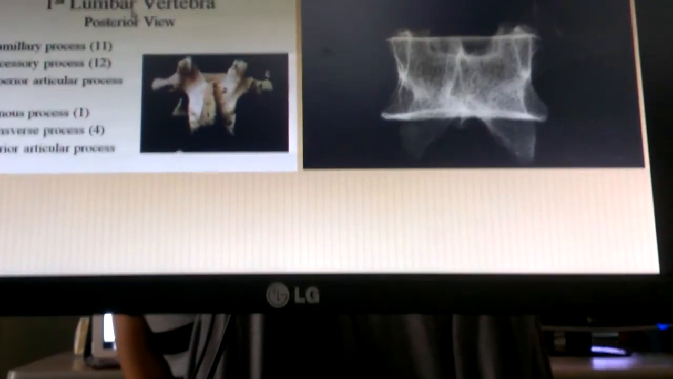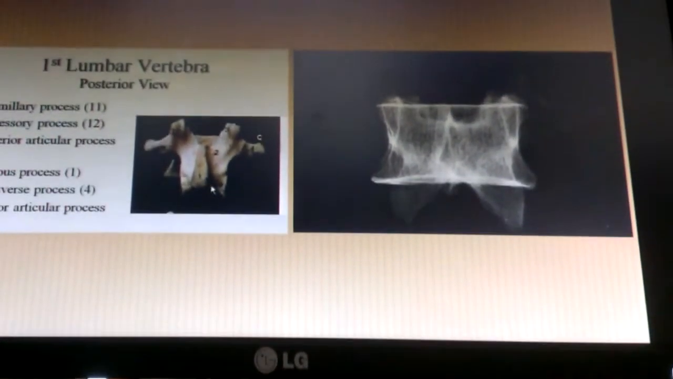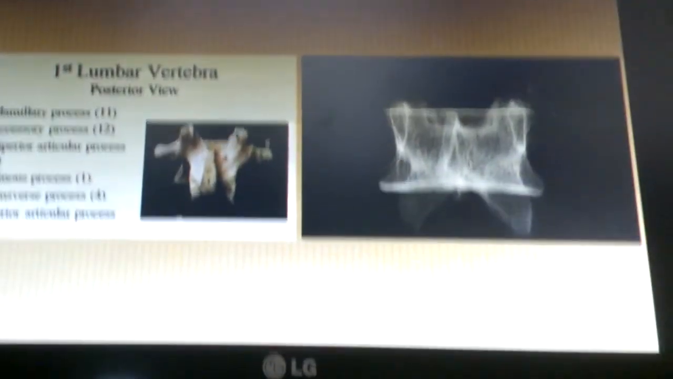Now we're to the lumbar spine, first lumbar vertebra versus some of the others. You know, it's all based, the differences are based on size and